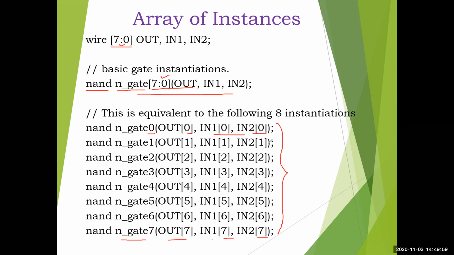With this we are completing the first part of the gate level modeling theory, which is about the basic gate types. Primitive gates, the 12 gates I mentioned, we have introduced. Now with this knowledge, we will try to write the first example program. We will do it in the next video.